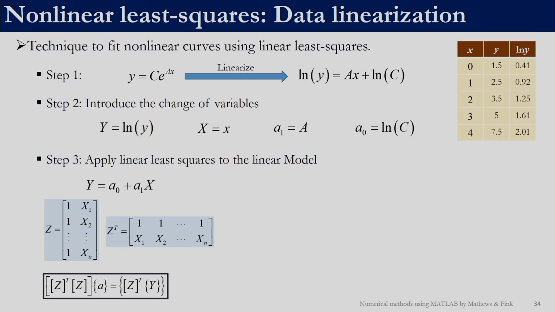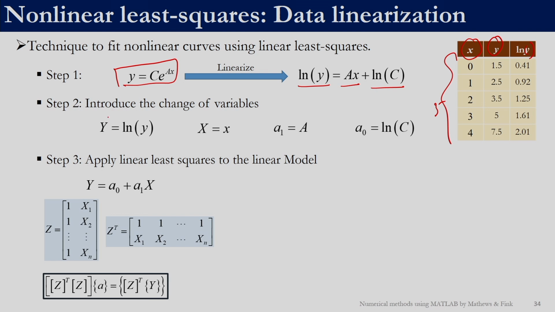So, let us consider that we have been given this data, right. There are 5 data points where x is the independent variable, y is the dependent variable. As of now ln of y is not given, right. So, ln y is not given, we will come to why we are finding ln y. The model that is given is y is equal to c exponential a power x, right. Either we can solve it using nonlinear regression, or we can take ln on both sides, right. So, ln y is equal to ax plus ln c.